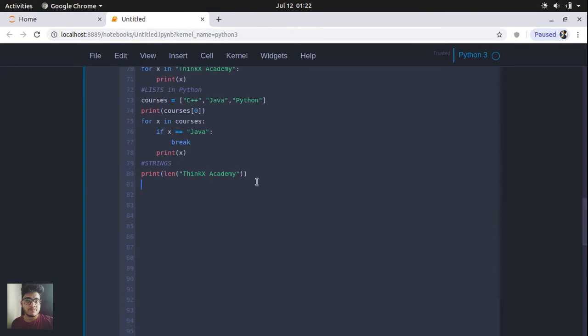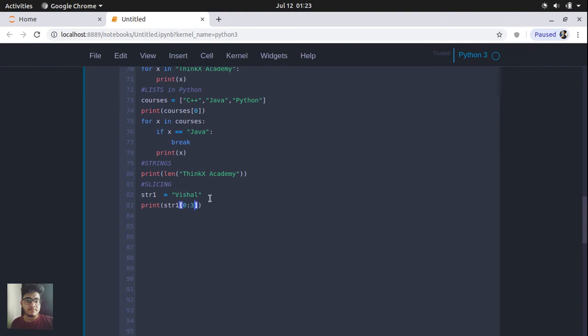So let's do the slicing of strings, right? Let's create a string variable, and let's name it Vishal. That's my name. And what I'm going to do is write print str1, which is the string, and now I'm going to slice some characters of the string. If I want to display only the first 3 characters, I can do so by writing here 0 to